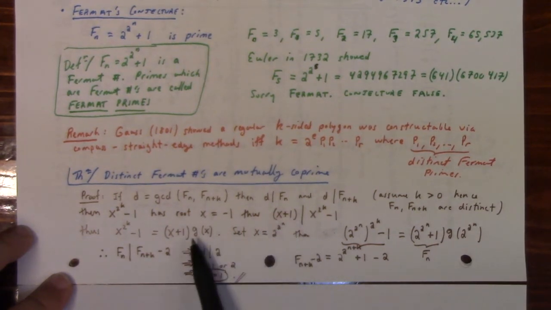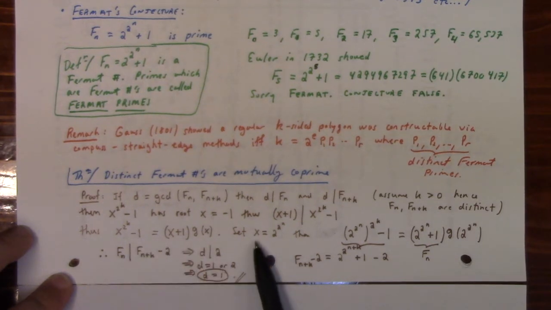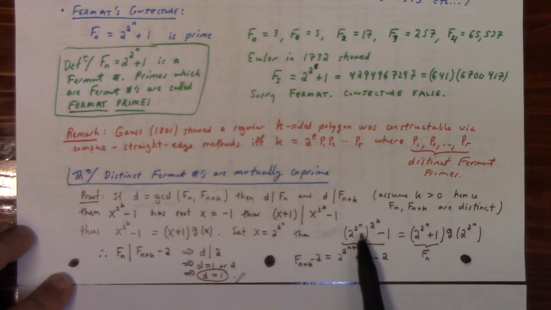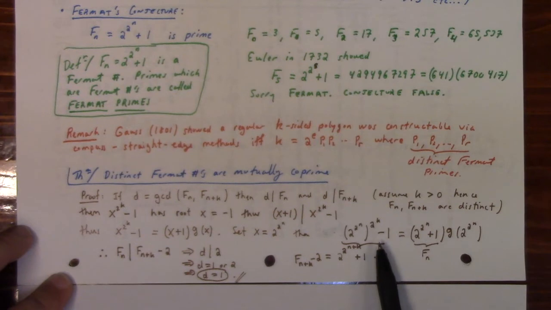And so you can factor out x plus 1 times g of x for some polynomial g of x, right? And if you plug in x equals 2 to the 2^n, you get 2 to the 2^n to the 2^k minus 1, which by algebra is 2 to the 2^(n+